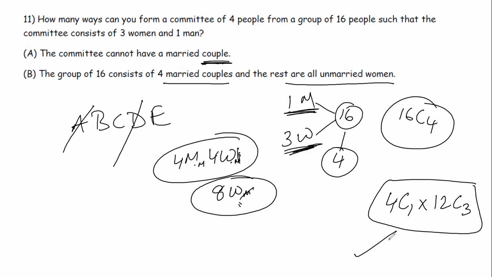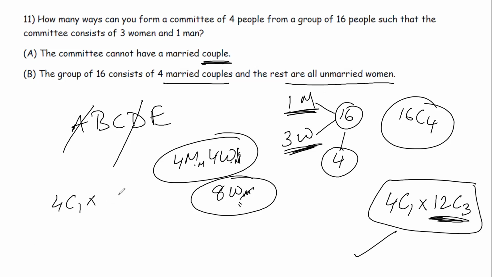But with that condition, this 12C3 changes. 4C1 remains as it is. But with the condition that the committee cannot have a married couple, although I can pick any one of the men, I have to make sure that the woman I select is not his wife. Therefore, I leave out his wife, correct? But then there are 4 options for the men, right? So it could be 4C1, and to make absolutely sure that the couple is not selected,